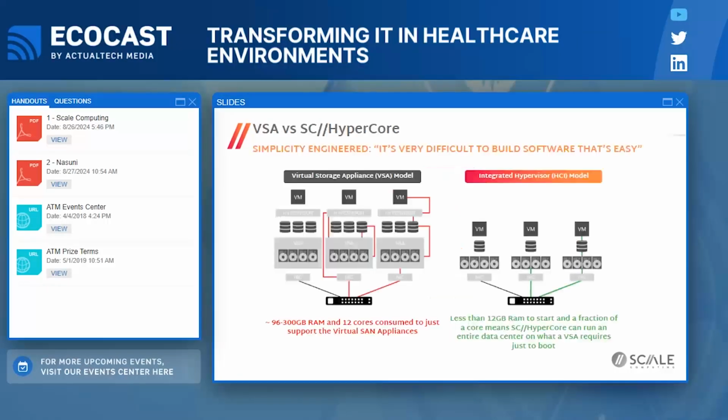Now, if we move on to that VSA model I just talked about, HyperCore on our side of the world is the ability for us to manage that storage at a fraction of the resources. As you can see here, just 4 gigs of RAM per node to start off with. So that gives us a lot of resource room to run the workloads, potentially leading to an overall reduction of the hardware resources in some cases. So a savings introduction from the start, if you will, on that side of it too. Not to mention, you get the high availability that we talked about, and still those reusable resources across the board.